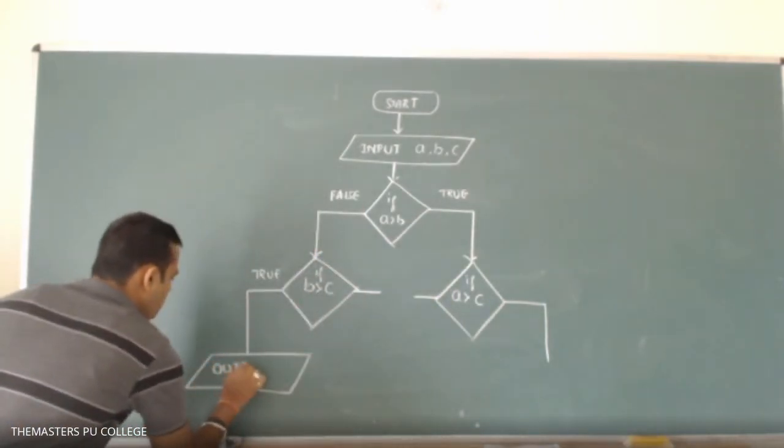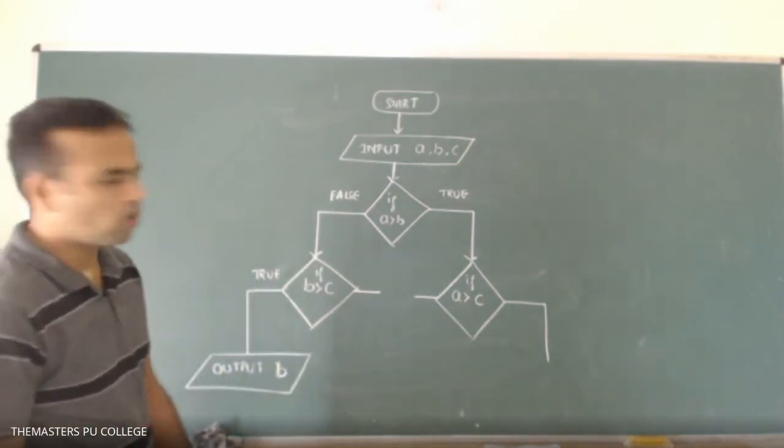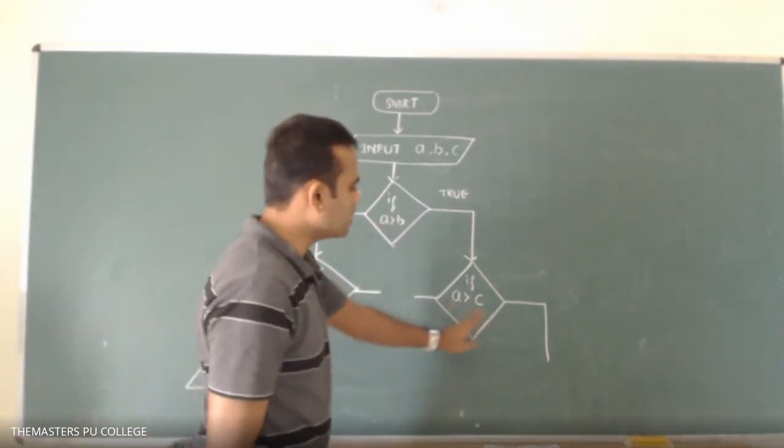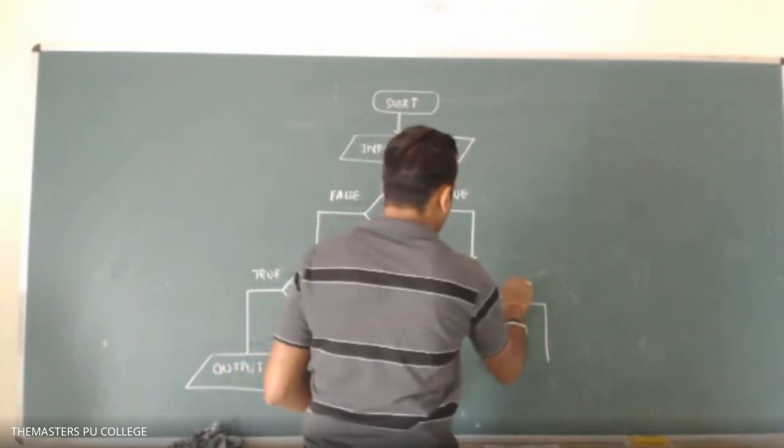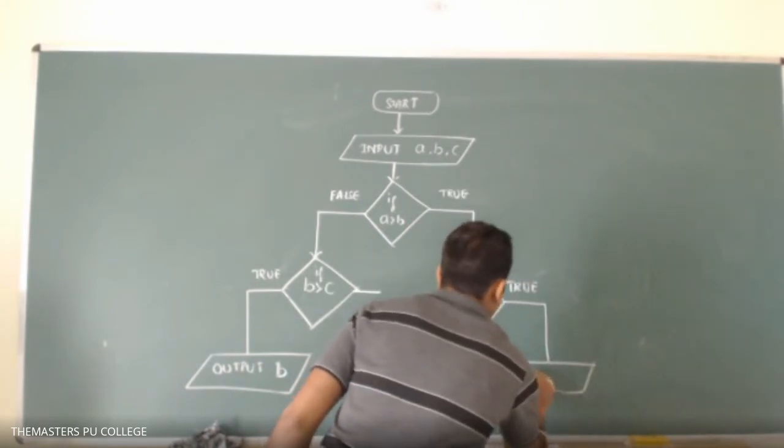What will be the output? The output will be B. Very good. Here A is greater than B and A is greater than C. If both are true, A is the biggest number. The output is A. Okay,